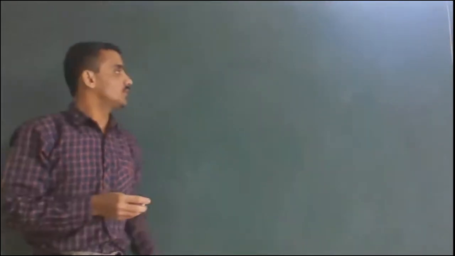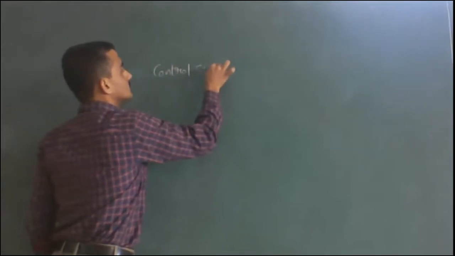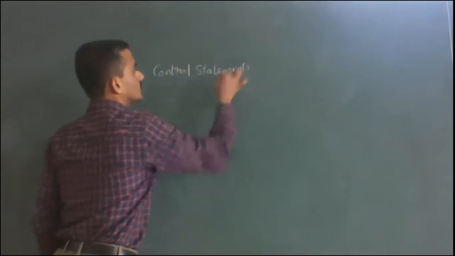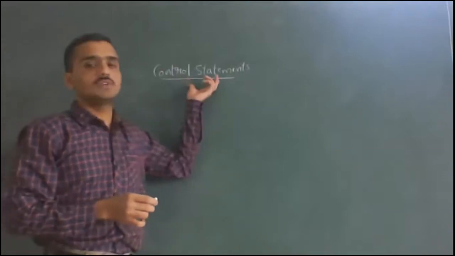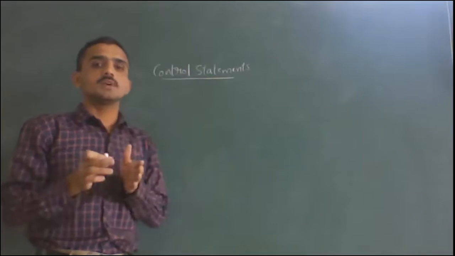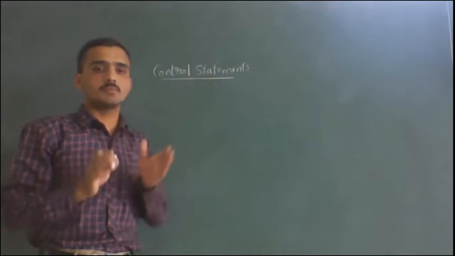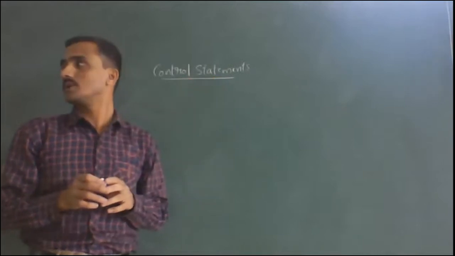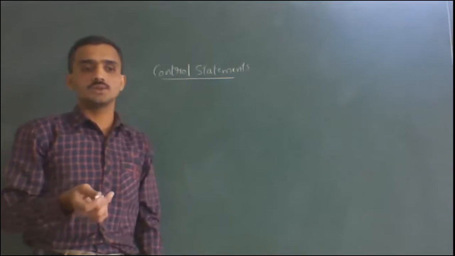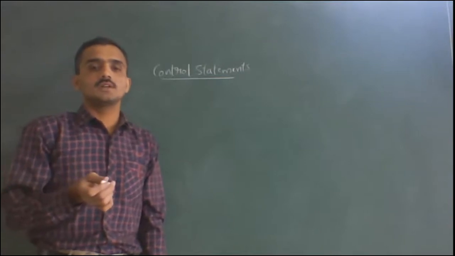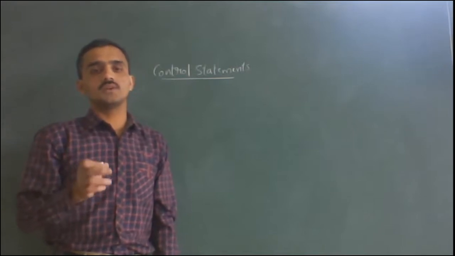When we discussed control statements, the definition of control statements is: the statements which cause the program execution path to alter. Those statements are called control statements. Altering, in the sense, either it can skip the execution of statements, as we observed in the Turbo C editor when we discussed with screen sharing. The program control was skipping in the switch statement, in if else, like that.